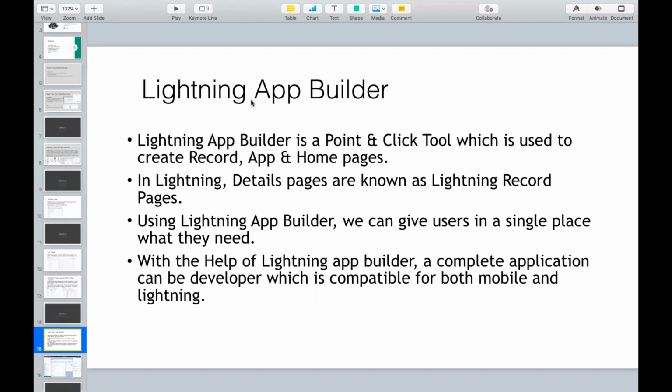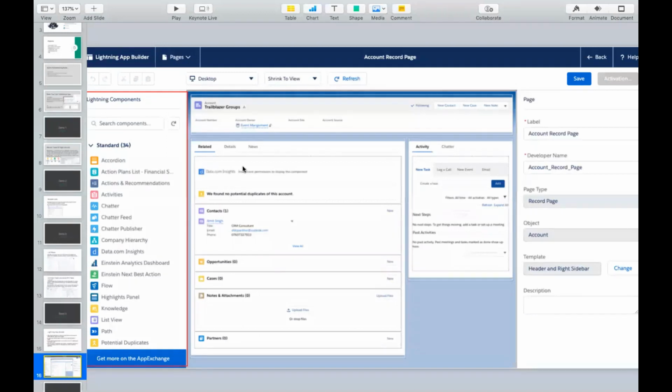And this Lightning App Builder also allows you to redesign your record page in your Salesforce Lightning environment. This Lightning App Builder is available only for the Lightning environment, and with its help, you can completely redesign the Lightning record page that the user can see, and you can also define what particular information should be displayed where, what will be the position for a